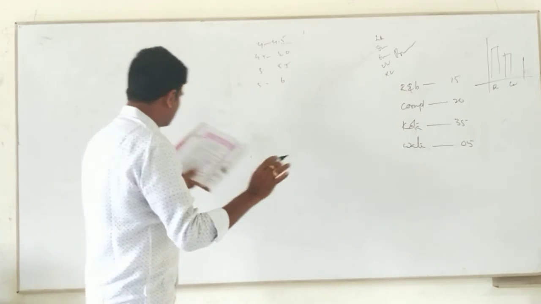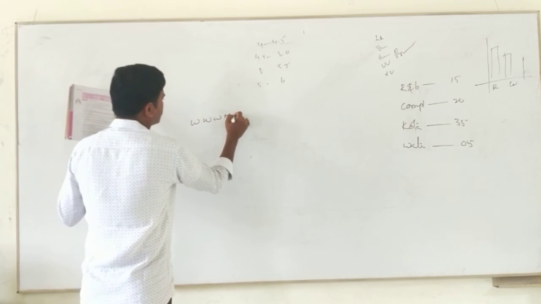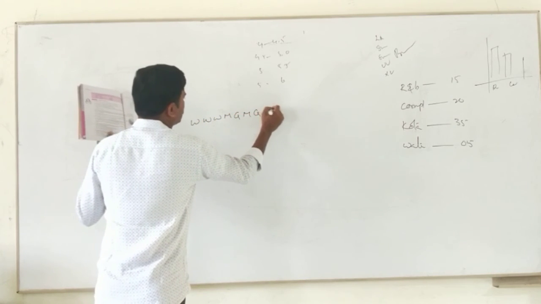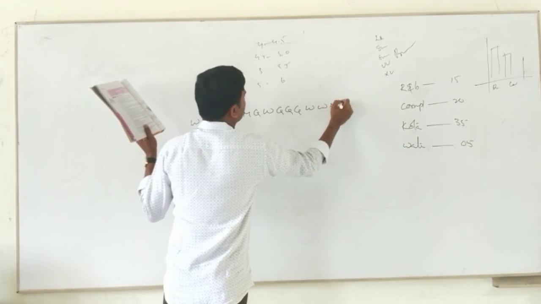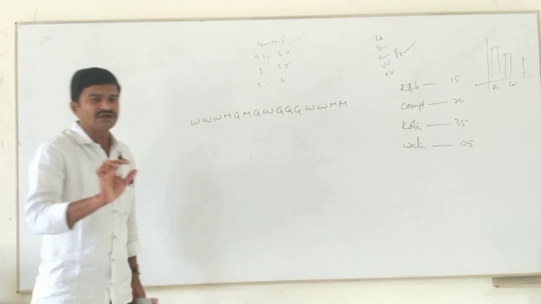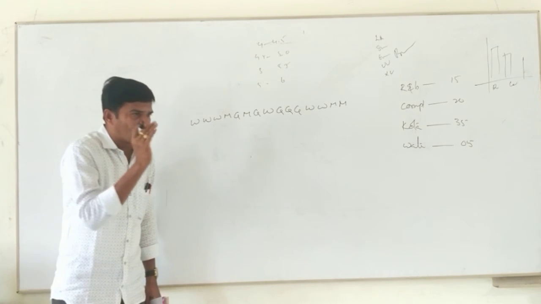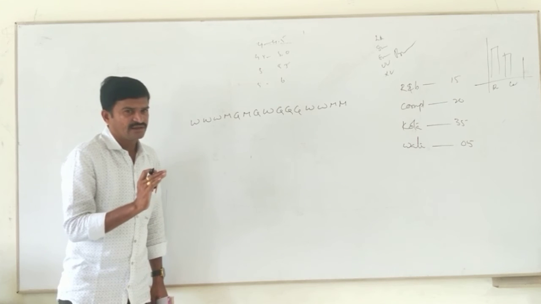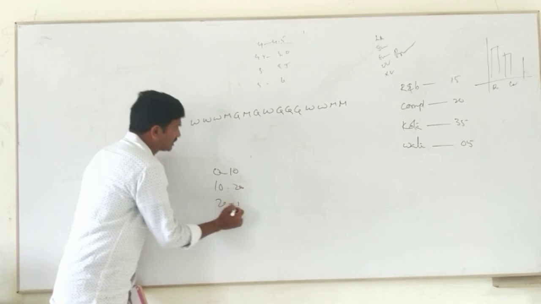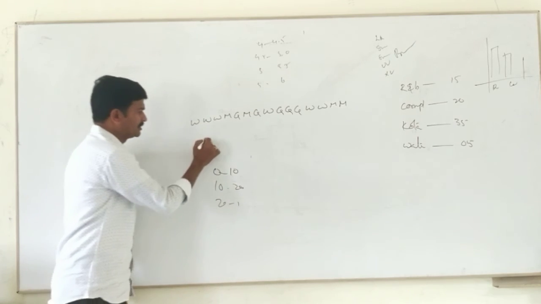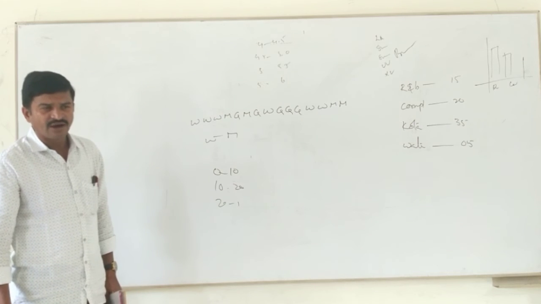What classes? Man, woman, girl, man, girl, woman, girl, woman, man. Like that it is there. How will the classes be? Classes means what? Is there a gap from limit to limit or not? That means 0 to 10, 10 to 20, 20 to 30. Then how will you write this? Woman, man, girl, like that will you write? How will the classes come?